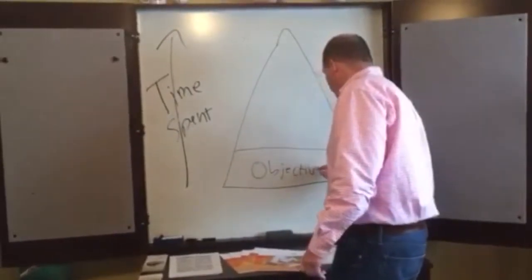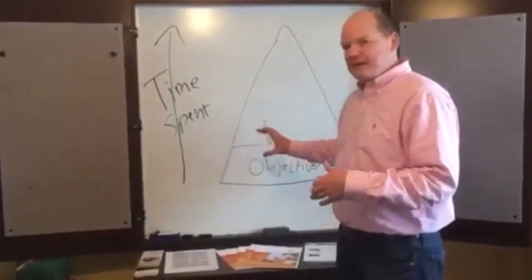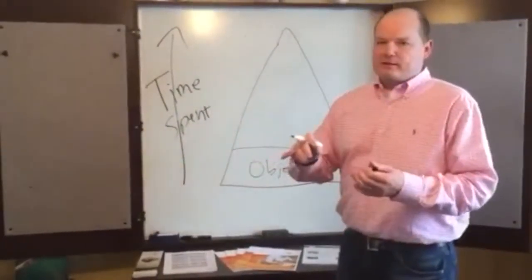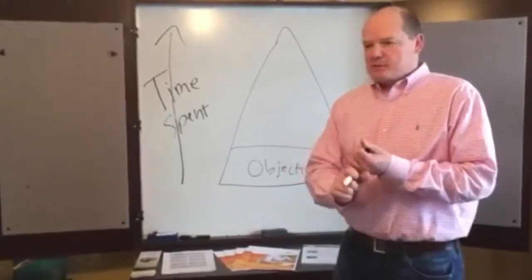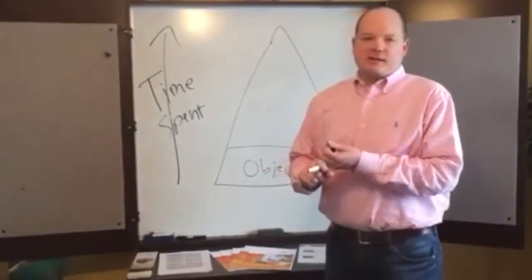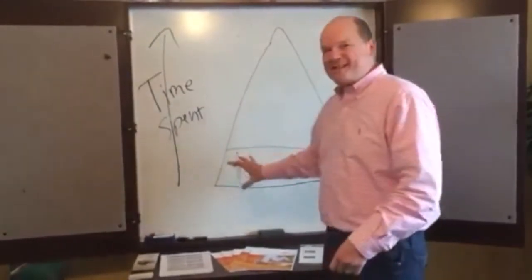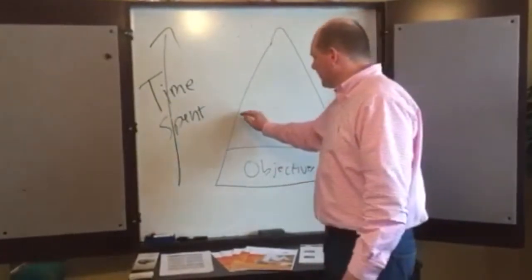We might spend two, three, four, five meetings with families learning about what exactly it is that they're trying to do. Are they trying to make sure their special needs child is taken care of for the rest of their life? Are they trying to make sure that their assets are protected from a nursing home? Are they trying to do whatever it is they're trying to do? We want to know about that down here, and that's what takes the majority of the time.